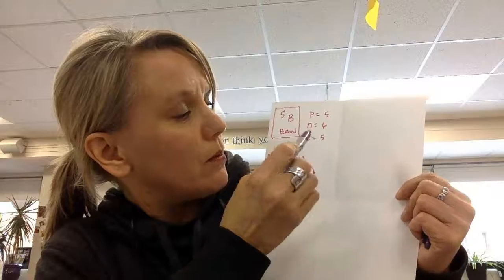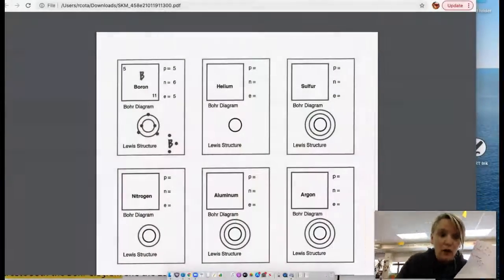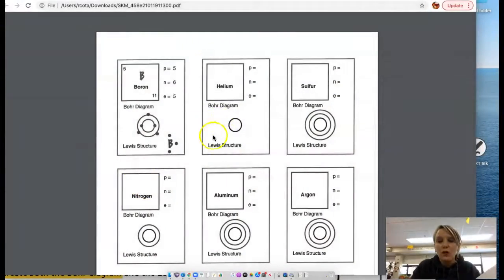All right, so for our first step, we are just going through and making one of these quarter sheets of paper for each one of those 18 elements that are listed. And again, if you are in class with me, you are going to get a copy of these. So for instance, on the next one, if you're doing one of these,